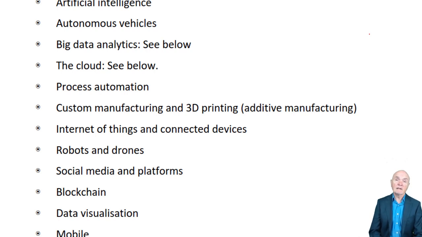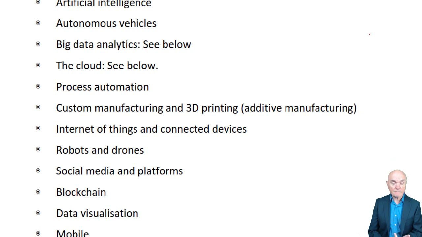Process automation. Process automation is, for example, allowing a machine which can drill different sized holes in different places on a piece of metal and so on. And everything is kind of coordinated. A bit of metal spins around, it drills a hole, and then it will change the size of the drill bit and drill another hole and so on, all without human intervention. It's faster, it's cheaper ultimately, it's very reliable because the machine isn't going to get tired,